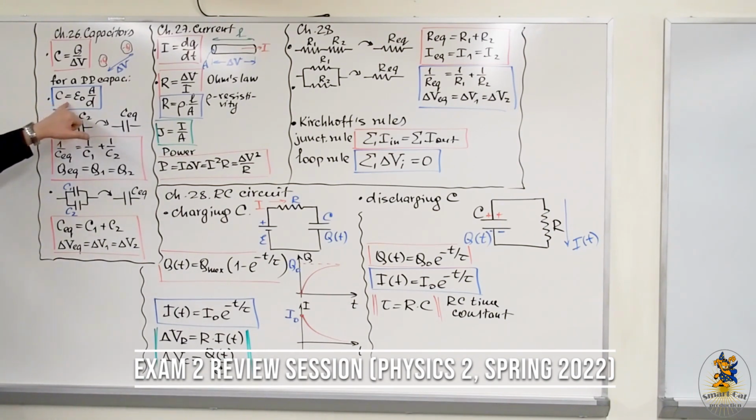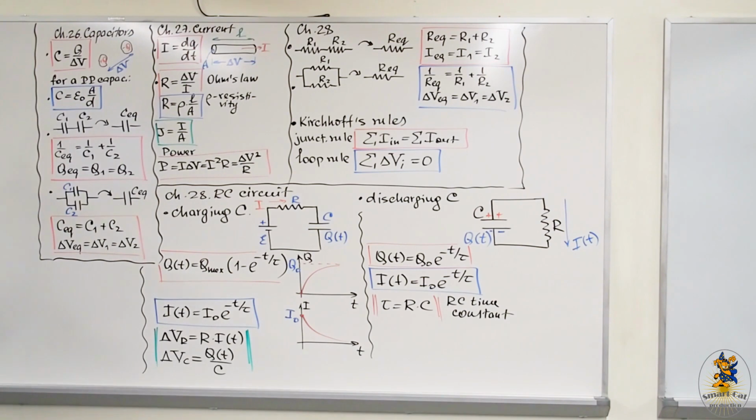So the major feature of this formula is that it doesn't depend on charge or potential difference, nothing like that, only on the material between the plates of the capacitor, which is in this case vacuum, the area, and the distance, basically geometry. Then we increased complexity, we added several capacitors, and first we discussed the method of an equivalent capacitance,